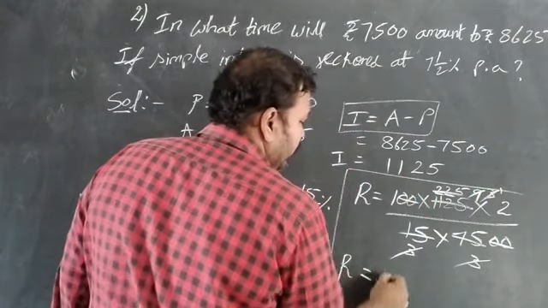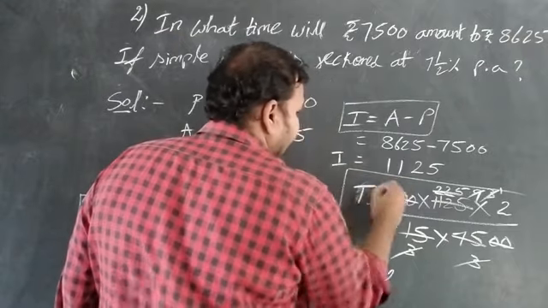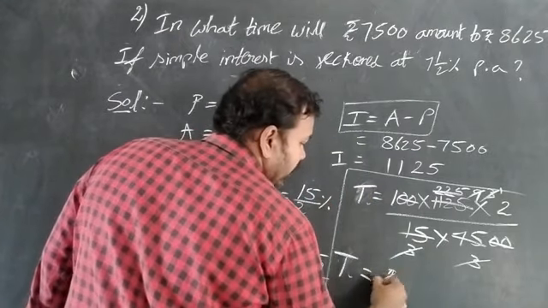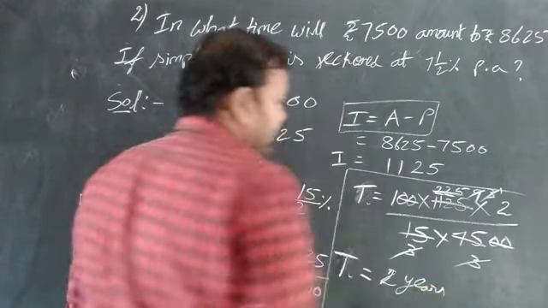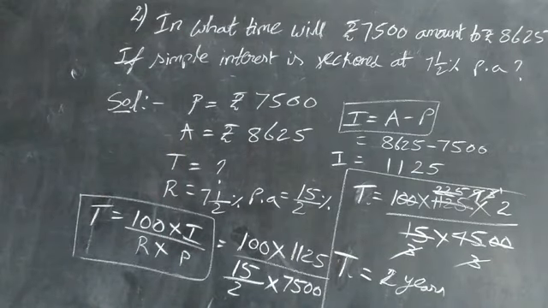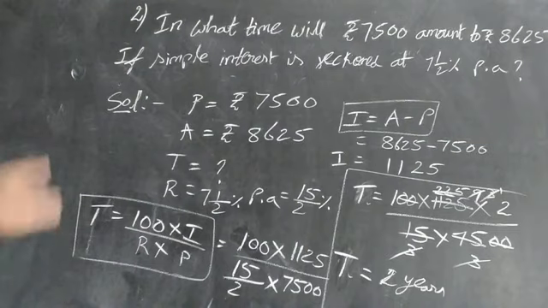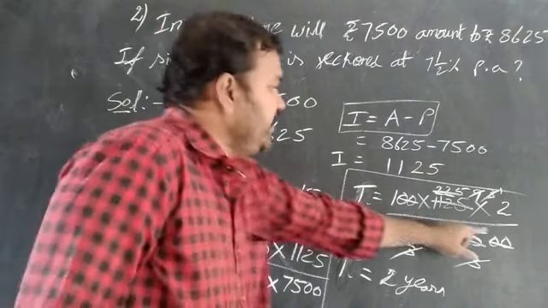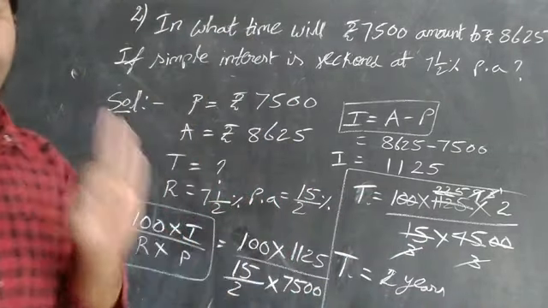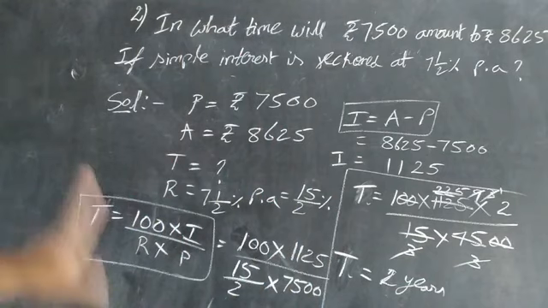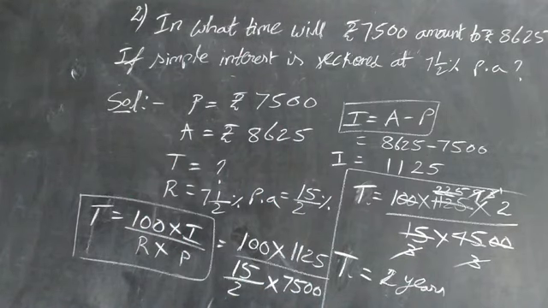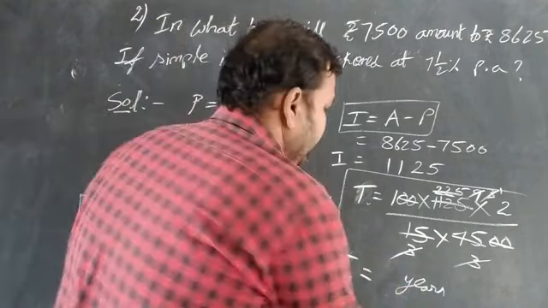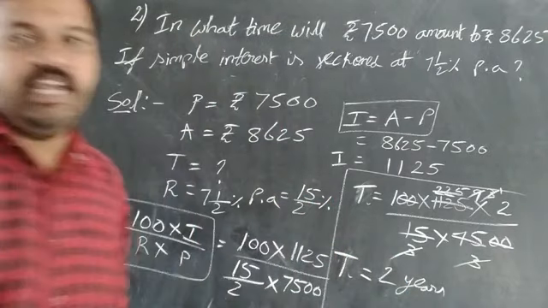Here we are finding time, which is equal to 2 years. Therefore for this sum the time is equal to 2 years. So like this we have to find. Zeros cancel, after all I used the 5 table for cancellation. After cancellation I got 2. The answer is 2 years.